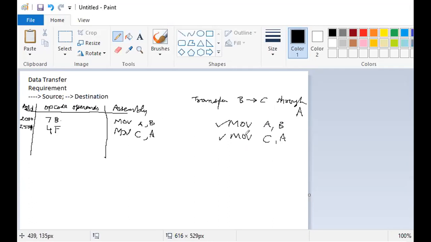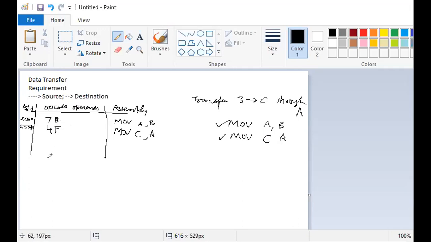The equivalent for this is 4F. These are the two instructions, 1 byte each, so they will take two locations in the memory. Suppose I wish to start from address 2000, so this will take address 2000, the instruction 78 operation code. At 2001, I will store the 4F.